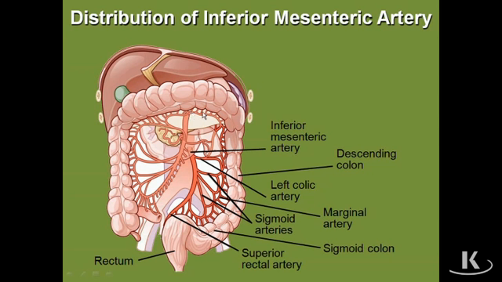And although this diagram shows that there are communications between the middle colic and the left colic in the region of the splenic flexure, in fact, those anastomoses, those communications, are not very good functionally. And so the anastomoses in this region, in the region of the junction between midgut and hindgut, are not good, and therefore the opportunity for ischemia of the bowel in this region is much greater than in other regions of the bowel because of the poor anastomosis. So the region of the splenic flexure is the most common site for ischemic bowel of the entire gut tube